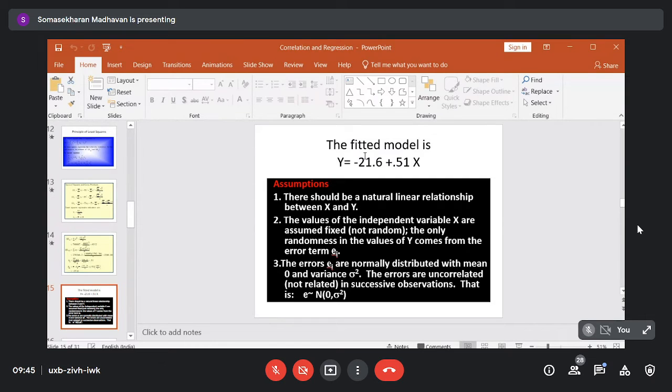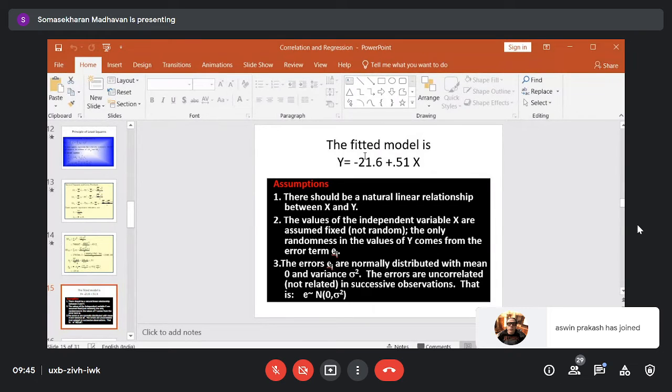But if it is a polynomial model, then you can also say which is the quadratic coefficient, and that can also be explained physically up to a level. But if it is fourth degree or fifth degree, etc., you cannot physically interpret the meaning of the higher order coefficients. So usually, if you have to interpret the physical meaning of the coefficients, we approximate the higher order model to a simple linear regression model or a quadratic regression model. Okay.